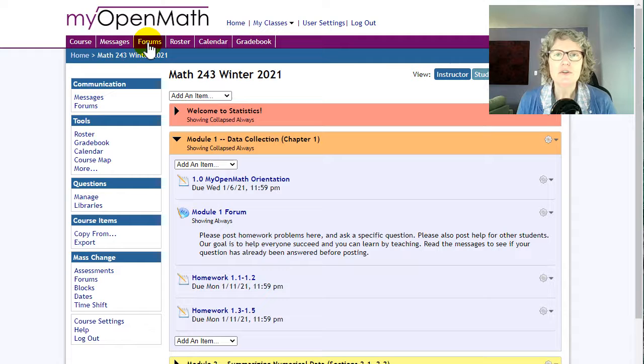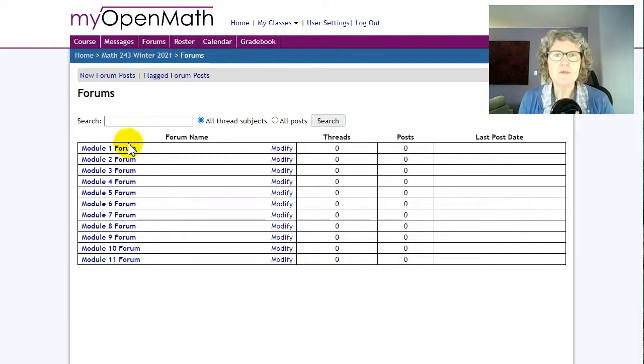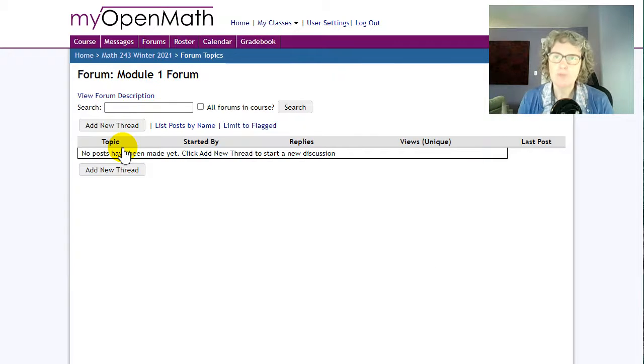Here is where you will see the forum. Let's say you're stuck on one and you want to see if someone else has already posted it. That's a great thing to do. I click on forums, and then I would see red showing that there are new messages in whatever forum I'm in, and then I would see the post, and it has the question number in the thread post.